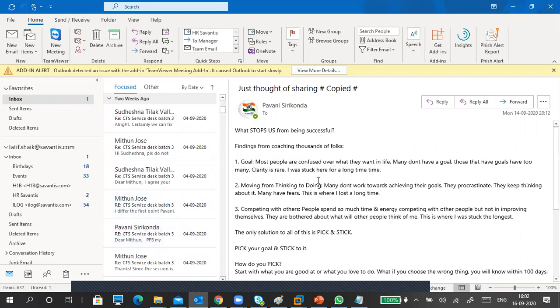I want to send a mail to so many people, so I can create a shortcut here, then automatically I can send it. I don't need to worry about searching for a mail account. Simply you can create a shortcut to work on it. Okay, so this is the thing.